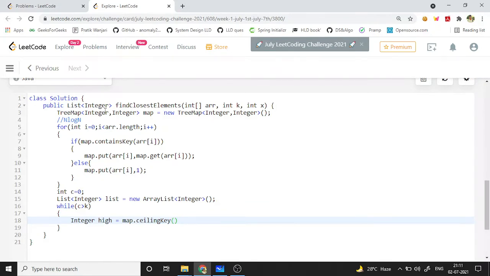We are getting the ceiling of x, x की ceiling ले रहे हैं अपन. Ceiling is nothing but the value, it's included also. So if we want to find the value of 3, like the smallest element which is greater than 3, then we will use this function ceiling, and then we have to get the low.